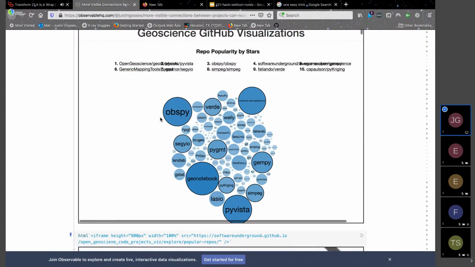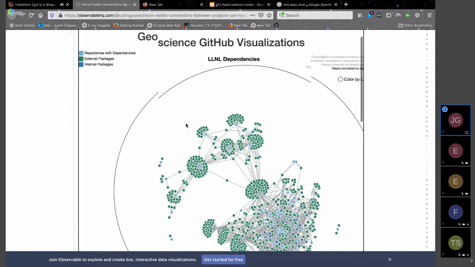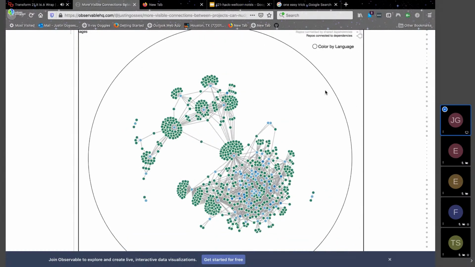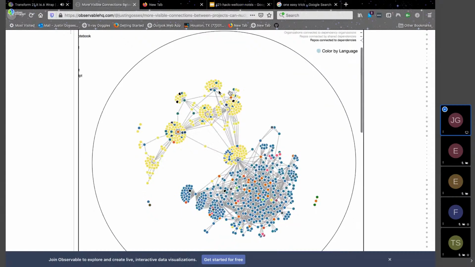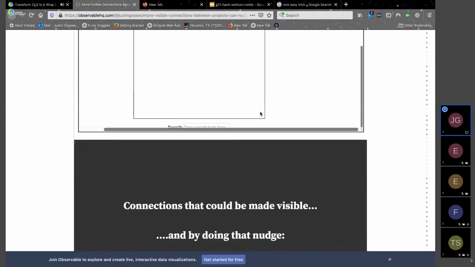These are the repositories scaled by popularity here. And some more stuff I'm going to skip. This is a network graph of all the code connected by their dependencies, which is pretty cool. And so the driver script is in yellow and Python's in blue, and you can do cool things like you come down here and see all the